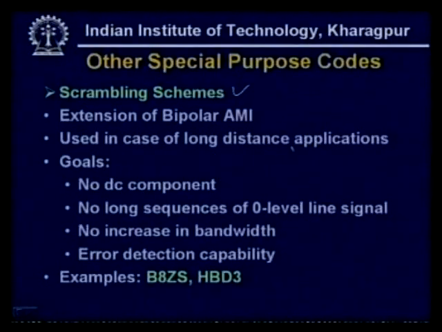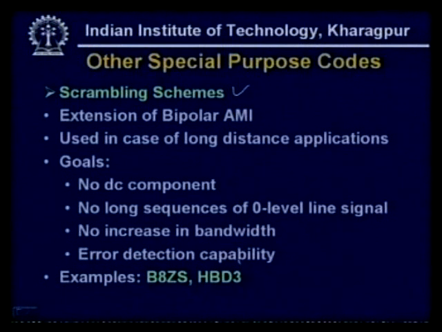Bandwidth of the channel is very precious. For short distance communication like local area network, bandwidth is not really very important. On the other hand, whenever we are sending over a long distance, bandwidth has to be very judiciously utilized. In such cases, we shall go for this kind of special schemes and try to develop better utilization of the